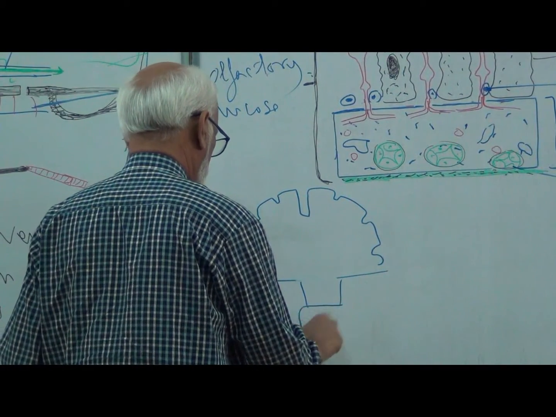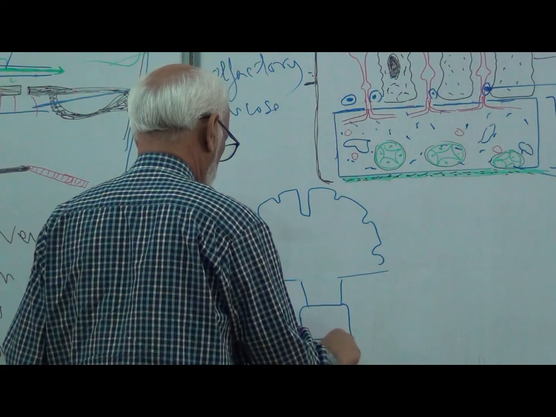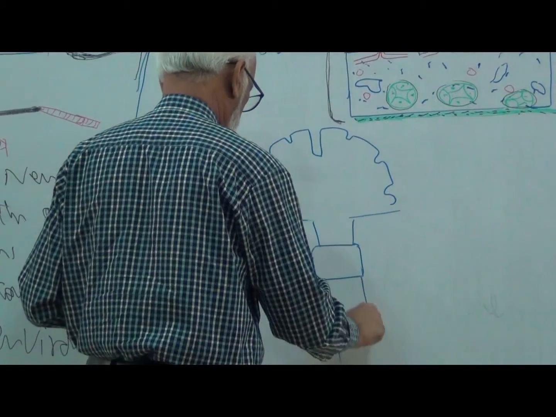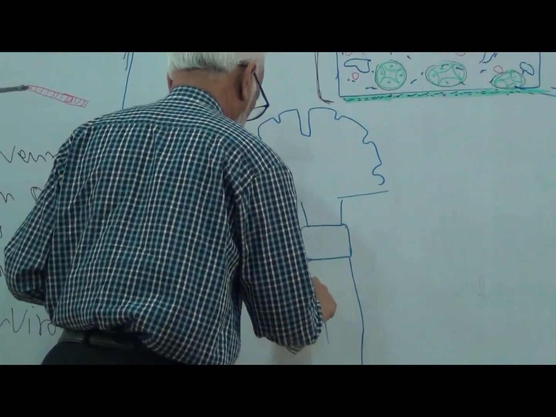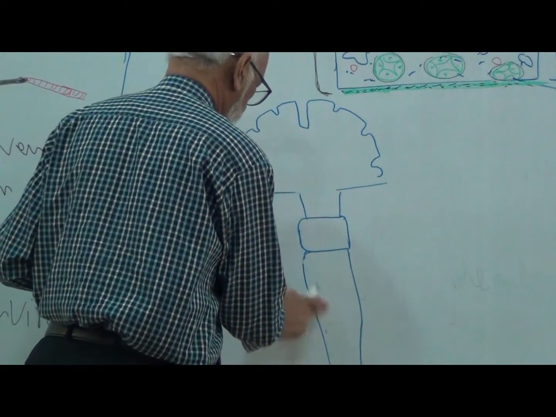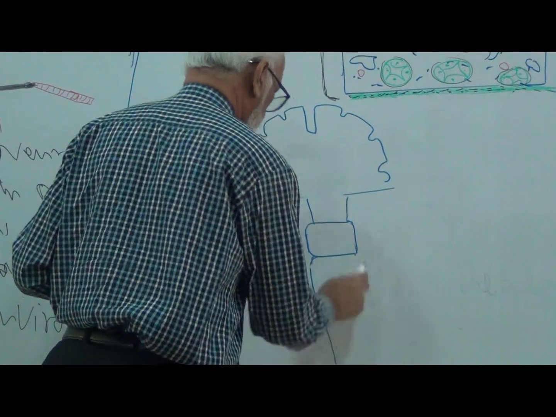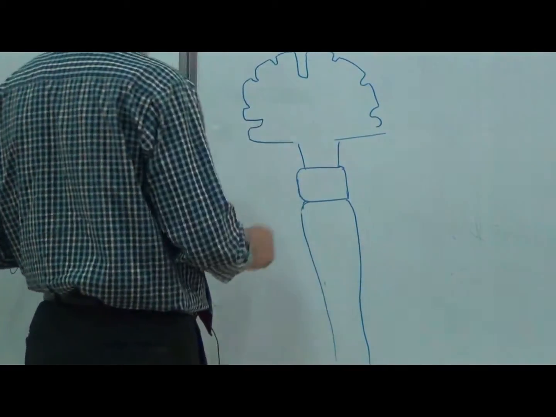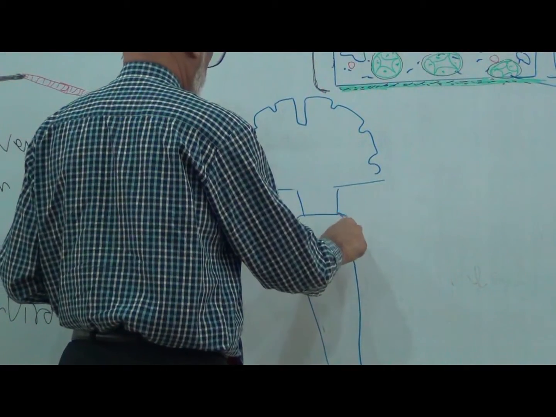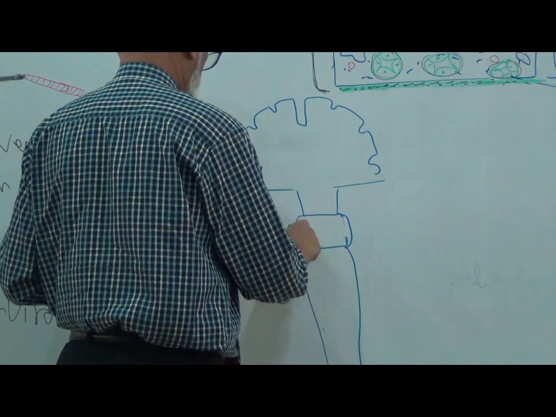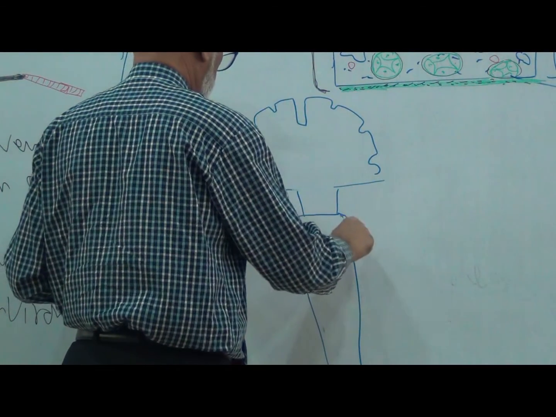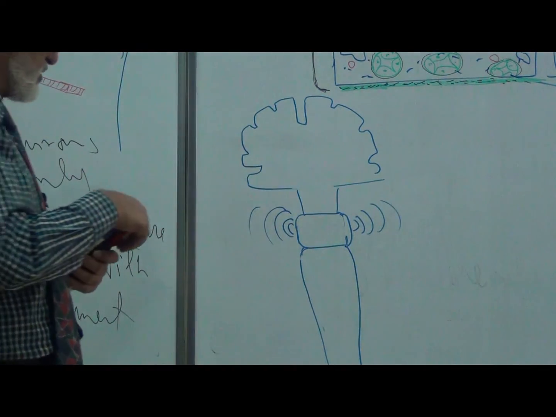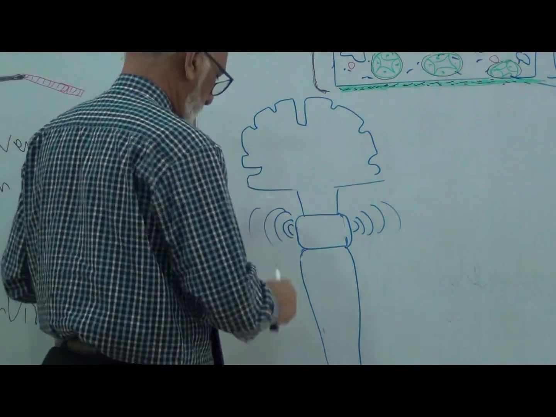Midbrain, pons, medulla oblongata, and spinal cord. Cerebellum. So if we cut a section of the spinal cord,